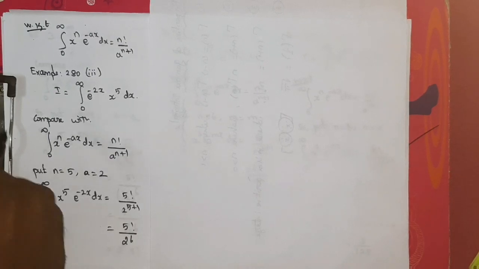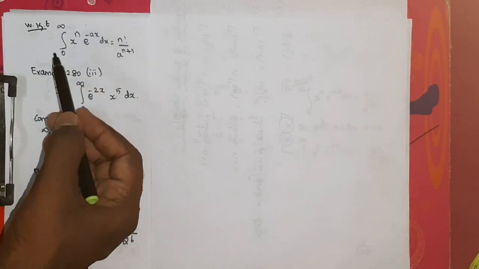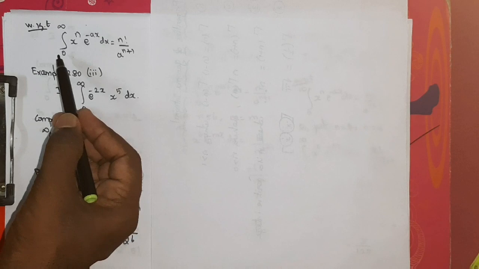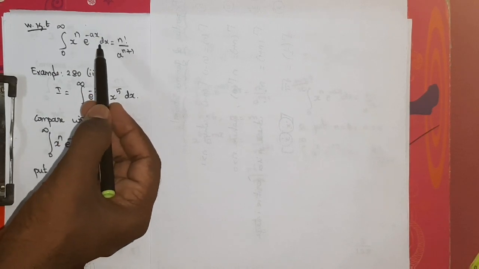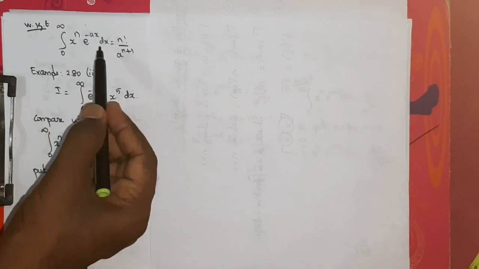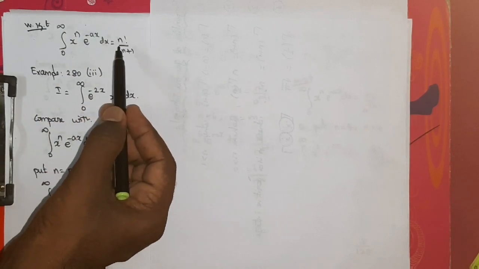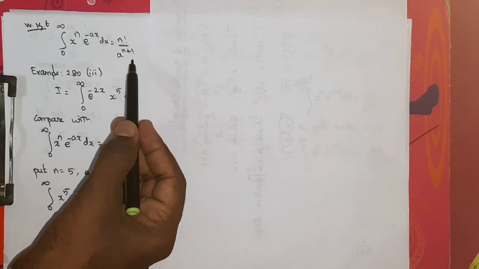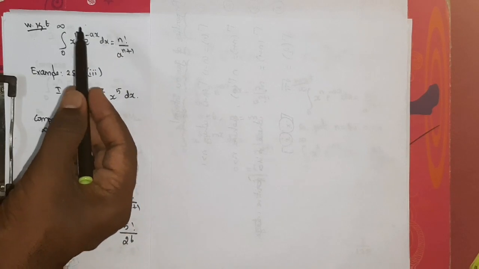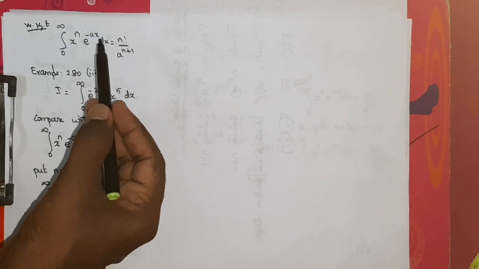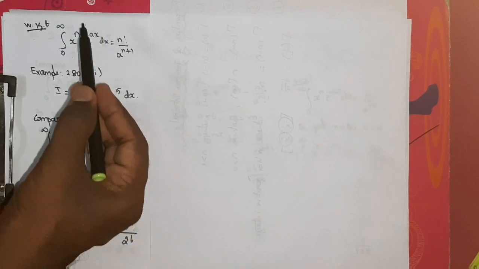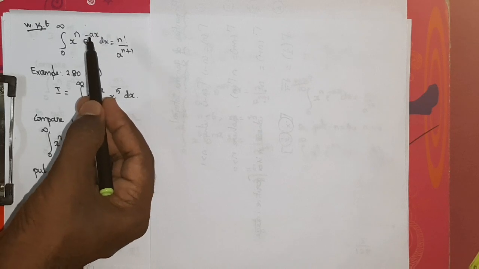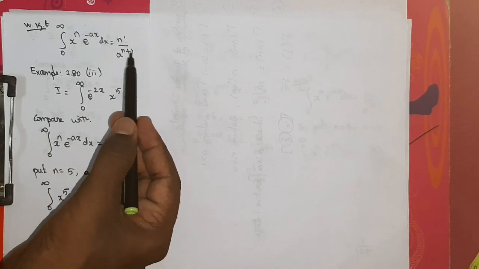Now we are going to see sums based on the gamma integral type. The integrals which are in this form, gamma integral formula: integral 0 to infinity x power n e power minus ax dx. If you have integrals like this, then this will be equal to n factorial by a power n plus 1. This n is the power of x, this a is the coefficient of x in the exponential function. So in the exponential function, the coefficient of x is minus a, leave the minus and take a alone. So a power n plus 1.